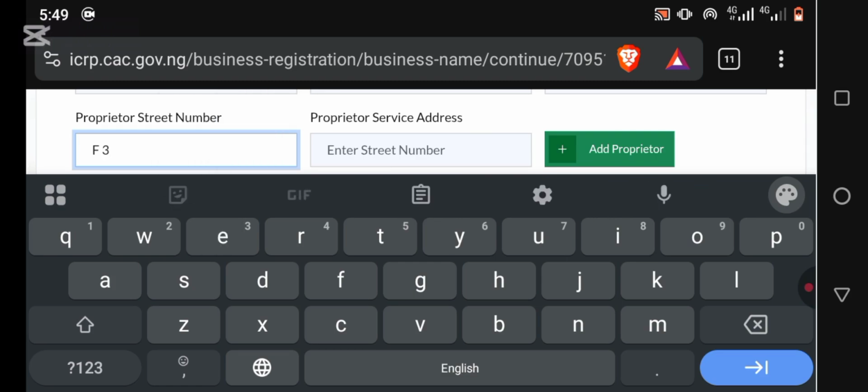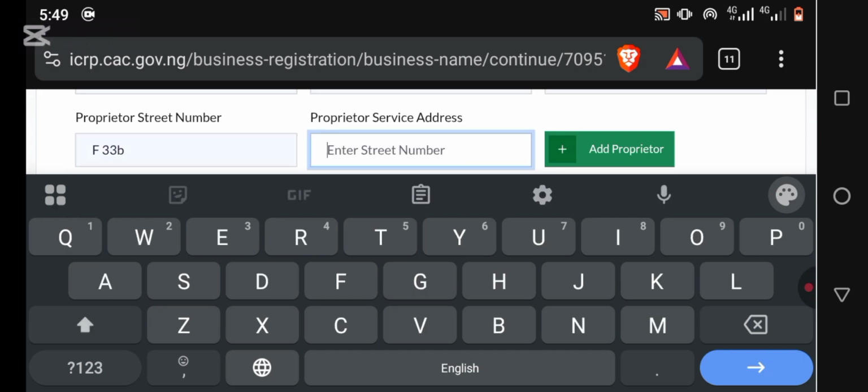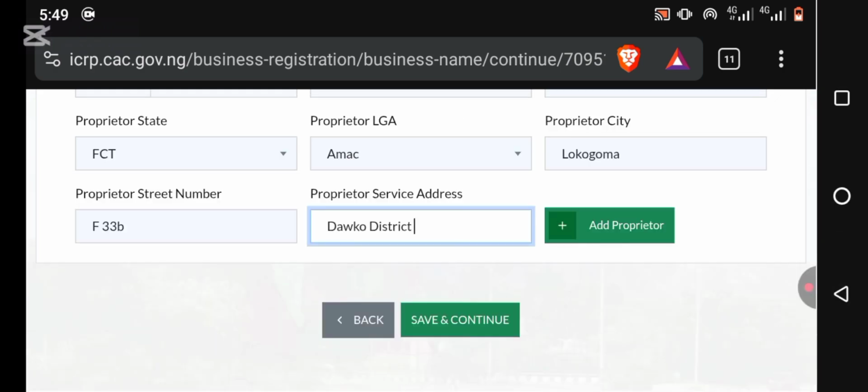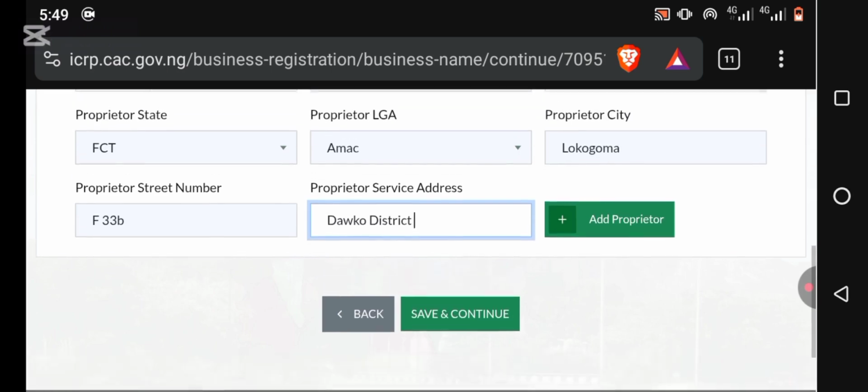Okay, I'm going to enter the street. Then you give the description. So, Dawako district, Dawako district. Having done that, the next thing you want to do is to ensure you check the information,